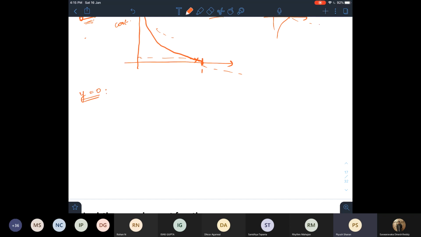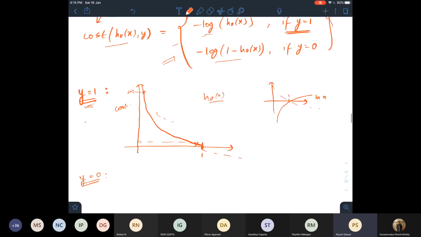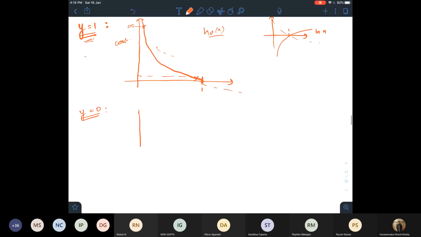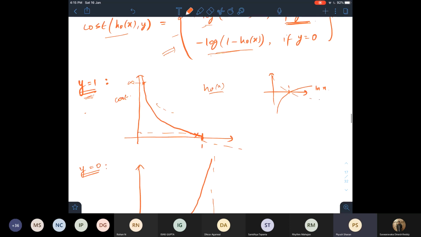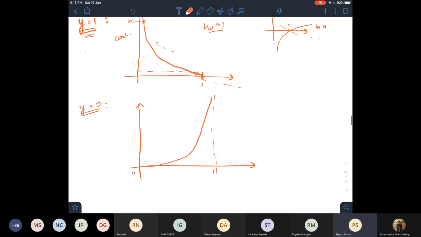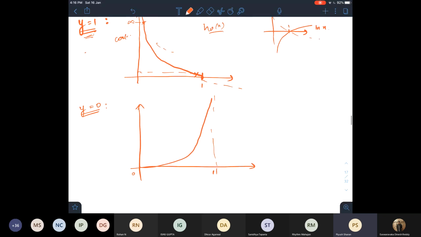Similarly, if y was 0, we plot this curve over here. This comes out to be something like this, where this is 0 and this is 1. You can plot it very easily.